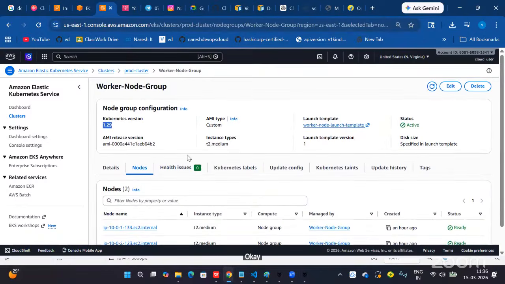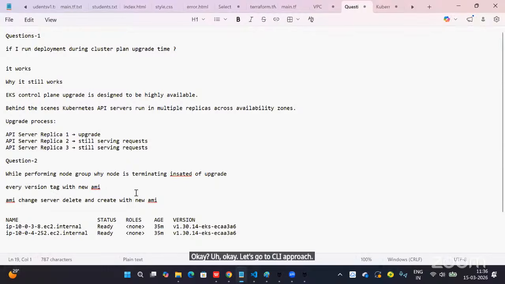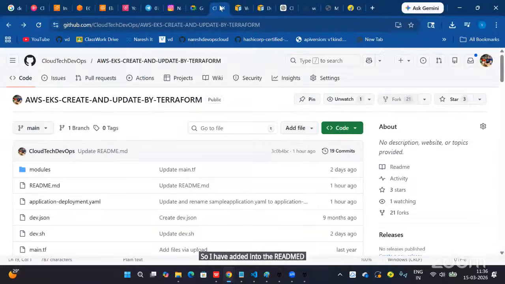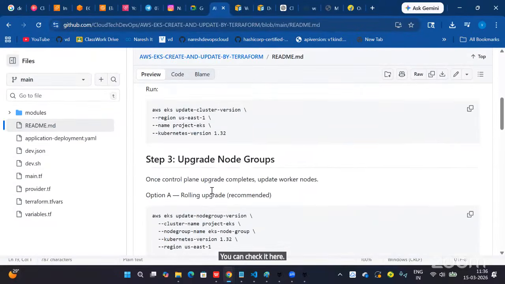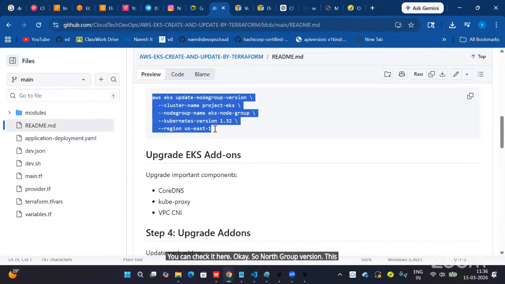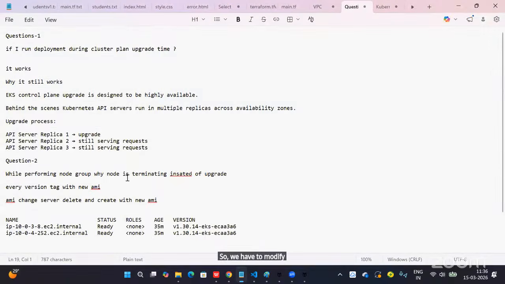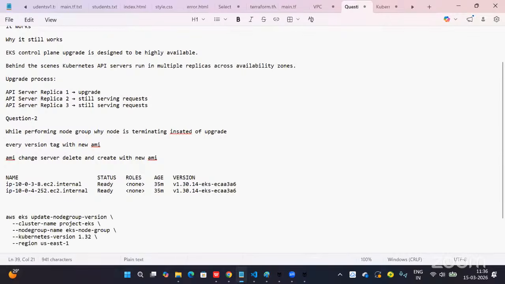Okay, let's go to the CLI approach. I have added it into the readme file also. You can check it here. So this is the node group version command. We have to modify this command according to your requirement, so node group name and all. We can do the cluster upgrade also, same thing. Cluster name is what?